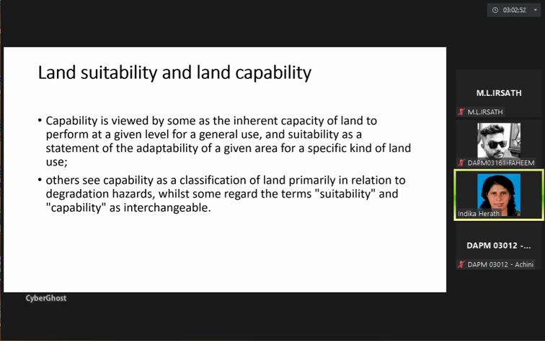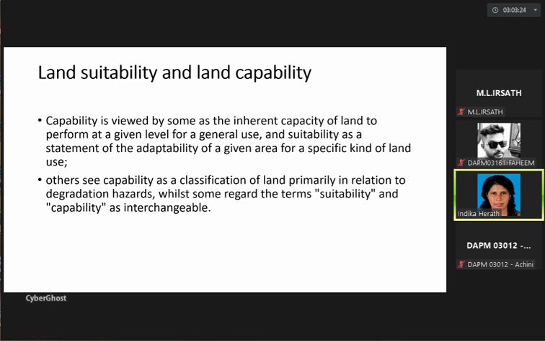So inherent capacity of land to perform at a given level for a given period for general use, and suitability as a statement of adaptability of a given land area, right? So that means you look at the inherent properties, inherent qualities of land, whether it can be supported. But when it comes to the suitability,